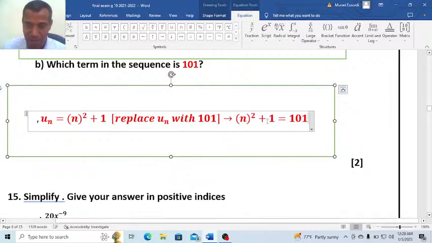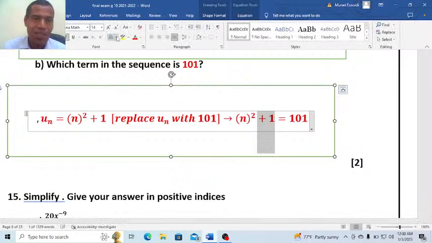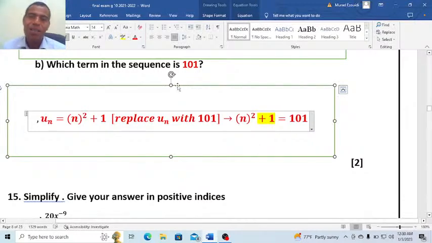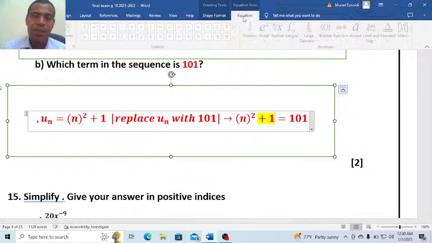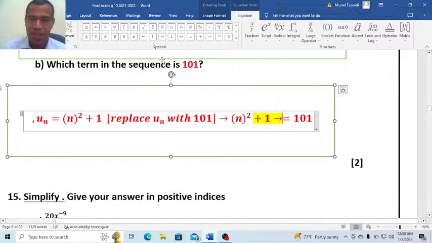You see this plus 1, it's better to transfer to the right hand side to cancel it, or you just subtract 1 from both sides, so it implies that